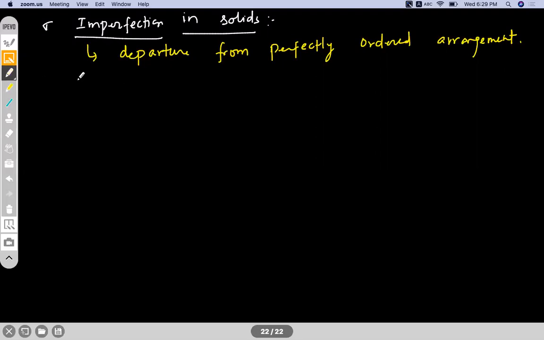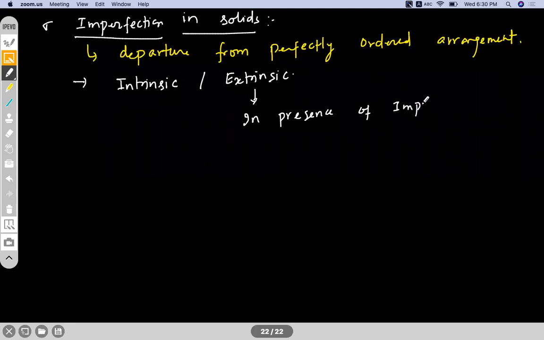Okay, next line. This imperfection can be intrinsic or extrinsic. Extrinsic is when we add some impurities into this, or in the presence of impurities we will have extrinsic imperfection. For example, you see if you have gemstones,